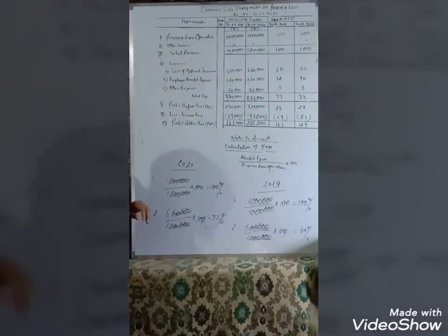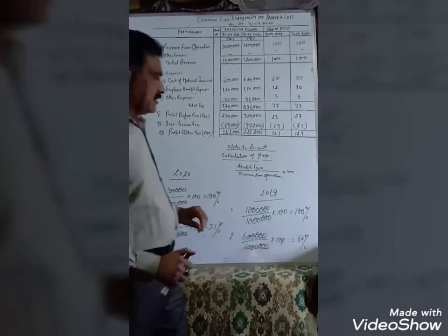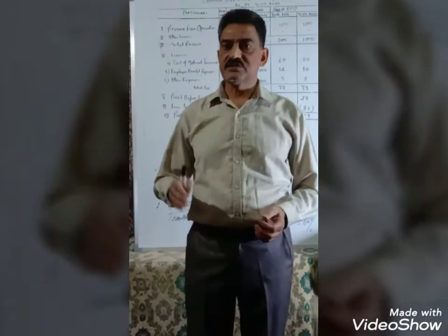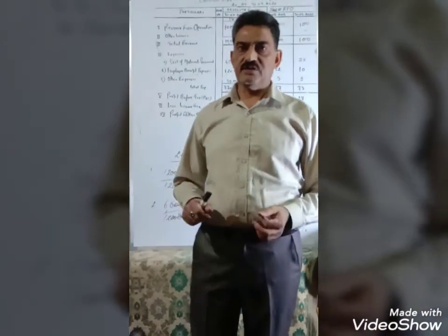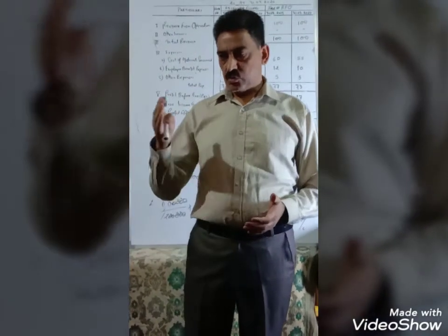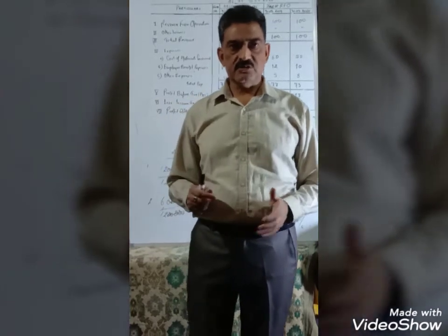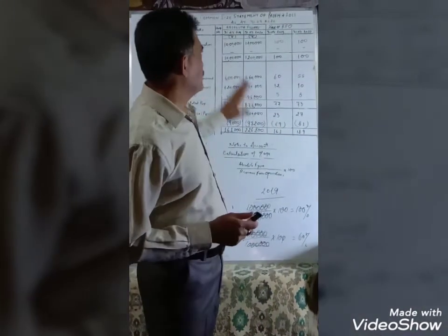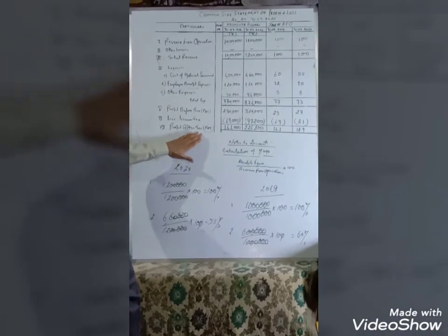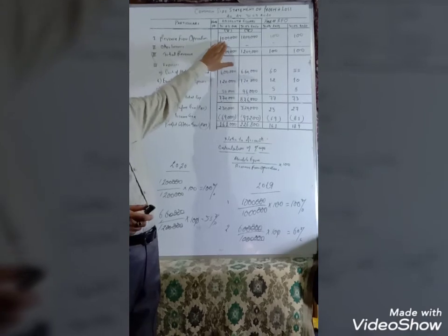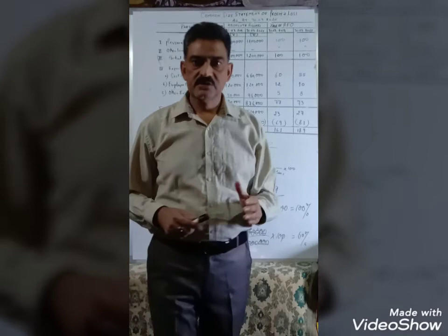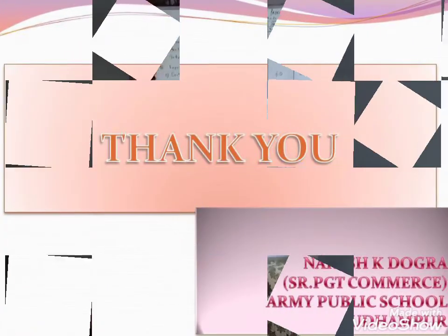This is what the common size statement of profit and loss is. Here we will have to take a common factor for the conversion of individual items into percentage. Revenue from operation. Revenue from operation is what? This is net sales, or total sales minus sales return. So this is the net sales, also termed as the revenue from operations. Each and every individual item will be converted into percentage on the basis of the total, this revenue from operations. This is what the common size statement is.